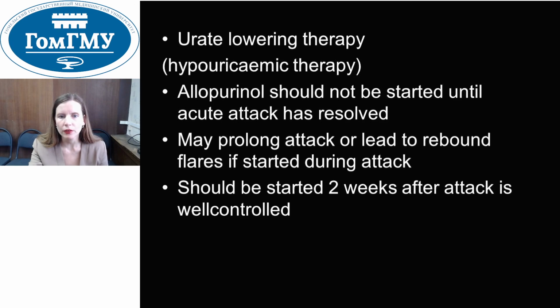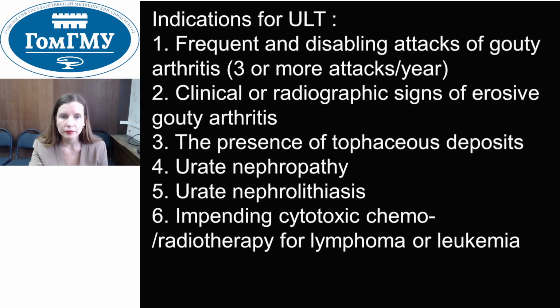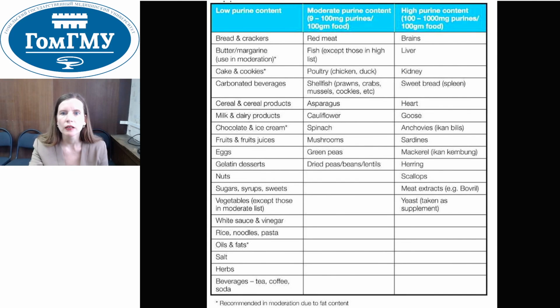And disease-modifying treatment includes allopurinol, probenecid, anturan, sometimes other drugs like fenofibrate, but the most popular drug is allopurinol. And we should prescribe allopurinol after an acute attack in the chronic stage, and if there are more than 3 attacks, if tophi form, if we have renal impairment, urate nephrolithiasis, and nephropathy, obviously prescription of allopurinol, and we should prescribe a specific diet with low